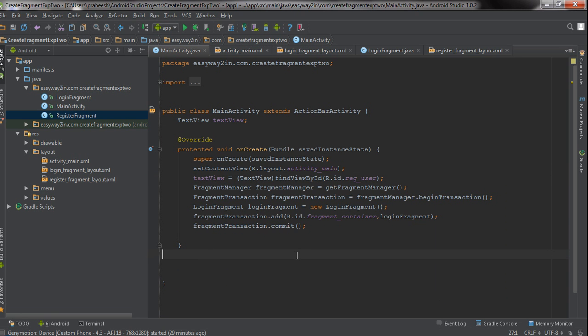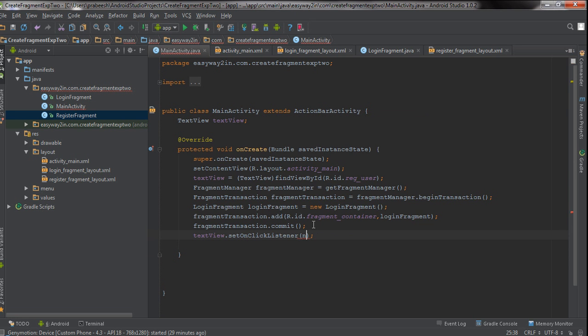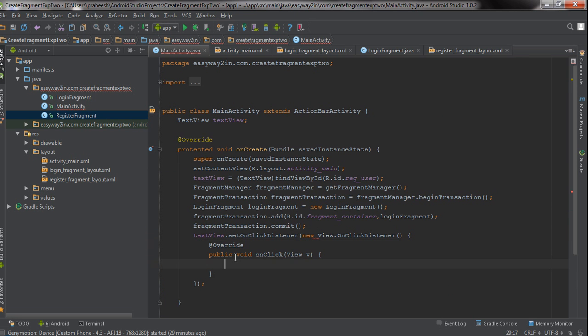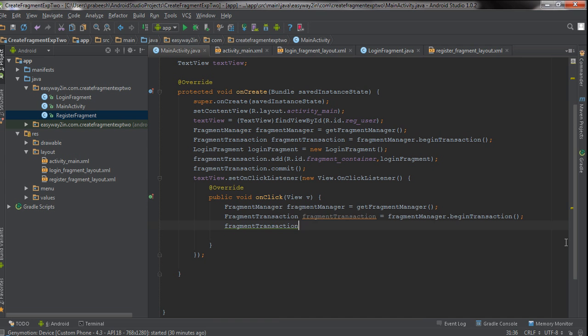Okay, now we have to create an on-click listener for the text view. So textView dot setOnClickListener, new View.OnClickListener. Okay, here we have to replace the first fragment with the second fragment, that means the registration fragment. So here also we need the object of FragmentManager and FragmentTransaction. Okay, so here instead of the add method we have to call the replace method. So fragmentTransaction dot